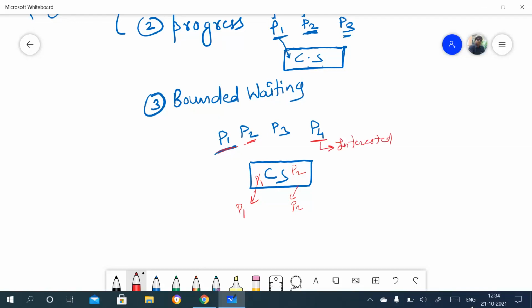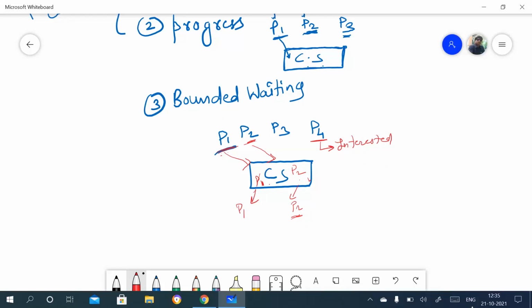But what is happening here? Just after P2 exits, P1 is entering into this critical section again. After P1 exits, P2 is entering the critical section again. Again P1 exits and enters, again P2. Only these two processes are using this critical section. They are not giving other processes a chance to enter the critical section. That is the bounded problem. Now, in that case, what do we need to decide?